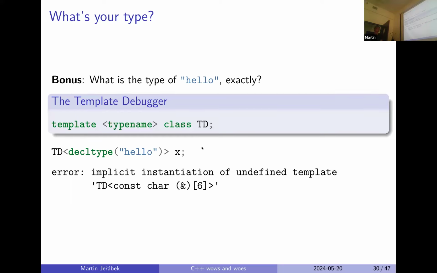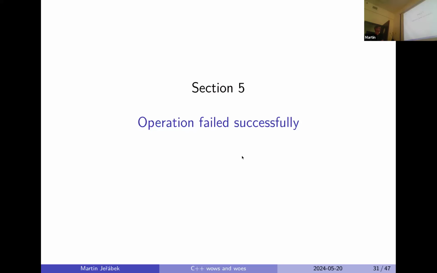And this is very useful when you're debugging some long template instantiation bugs. It can be useful to just tell the compiler to print the type. And nowadays the compilers got loads better at printing the error messages, but it can still be quite useful. Okay,